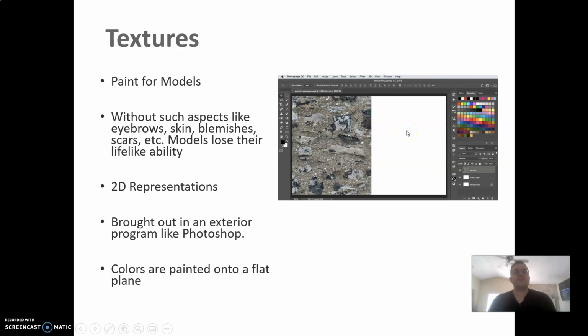Now, textures are really considered paint for models, and without them, aspects like eyebrows, skin, blemishes, and scars are lost, and models lose their lifelike ability. Because of textures, we can add so much more defined capability. These are just 2D representations, but when we add them to the model, they bring about a 3D aspect. They are created in an external program like Photoshop or Illustrator, and colors can